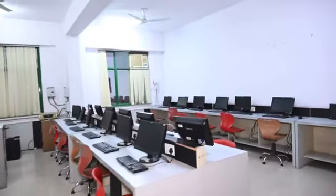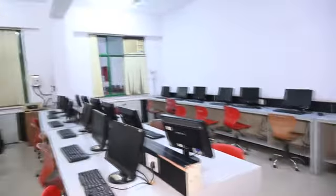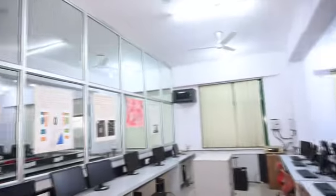This lab has one more part. We are moving towards the second part of this lab, and you can see the computer machines in this second part of this lab. So let's head towards the next part. Okay,